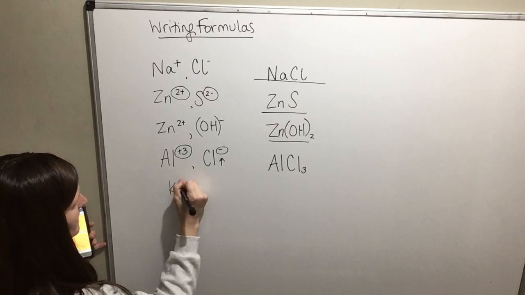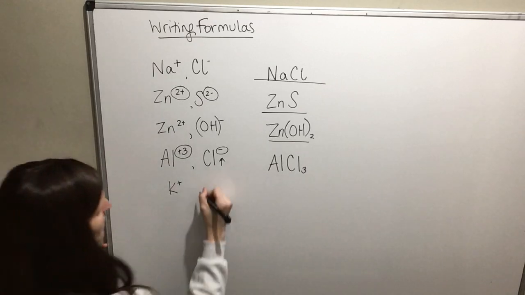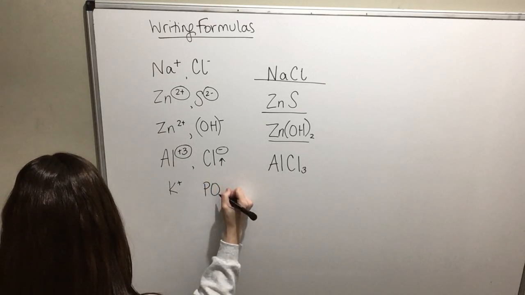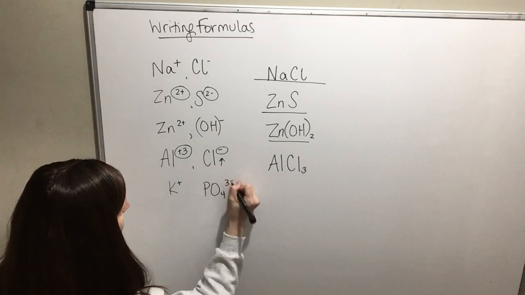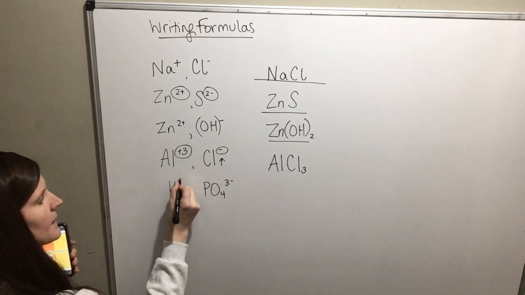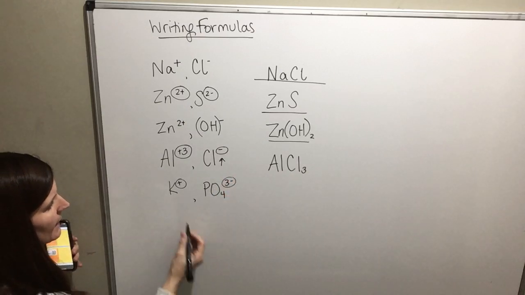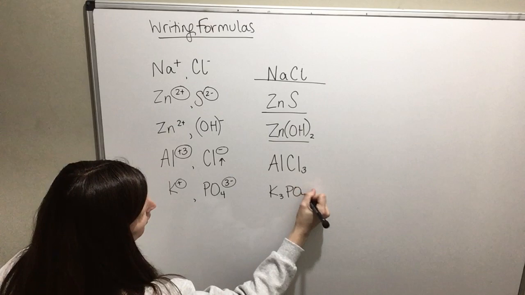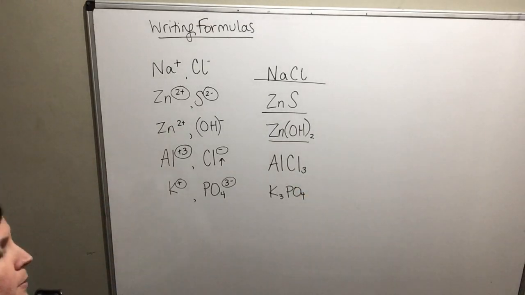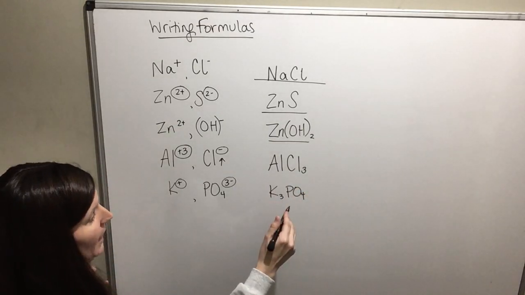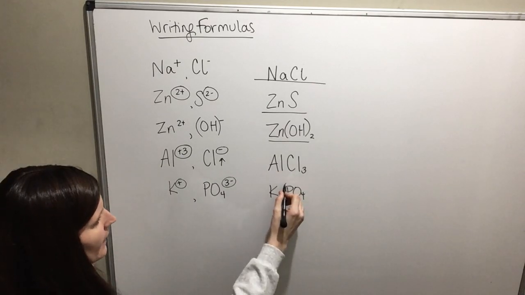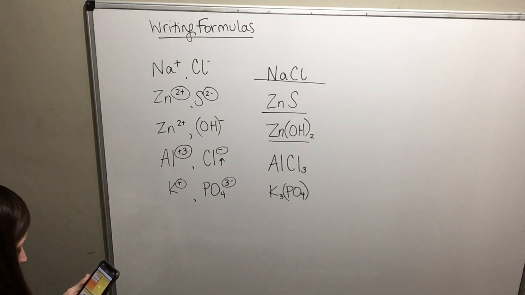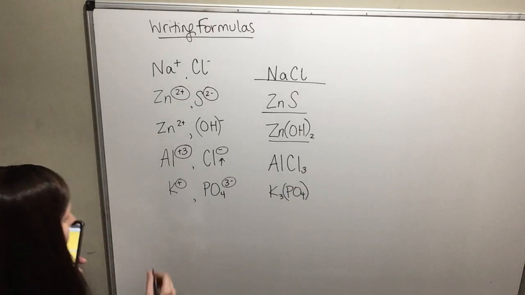So potassium is K+. We have the polyatomic ion phosphate, so it's PO4 3 minus. So in order to balance out this positive and these 3 negatives, we're going to have K3PO4. Now you don't have to write PO4 in parentheses because there's just one of the ion. If you had to do more than one of the ion, then you would want to do that. Okay, but since there's only one, you just leave it. Okay, next,